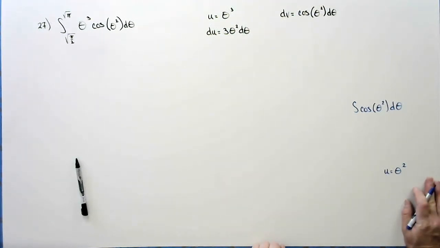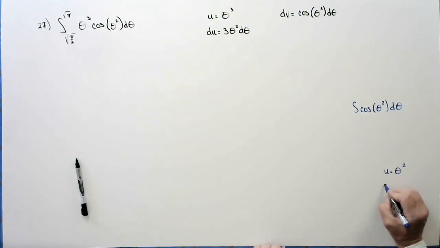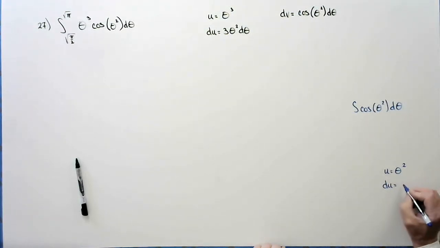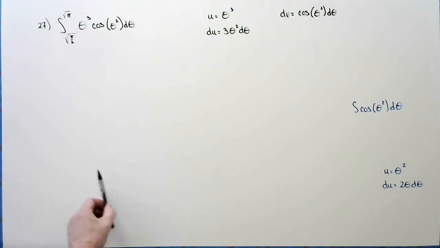But then du is going to be 2 theta d theta, right? 2 theta d theta. And now when we go back and try to do our u sub,